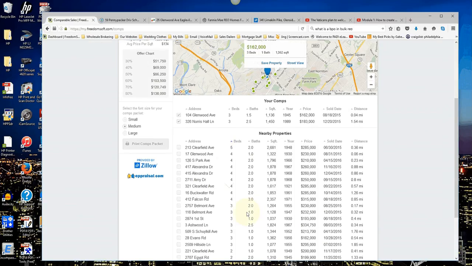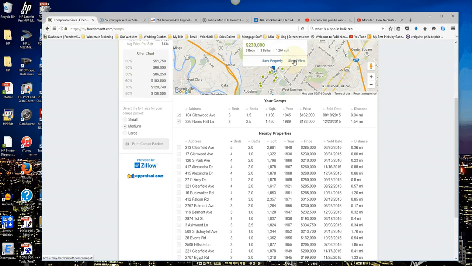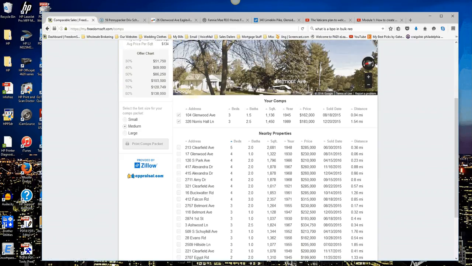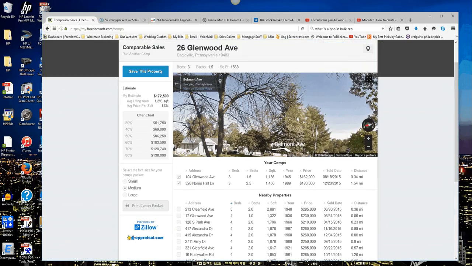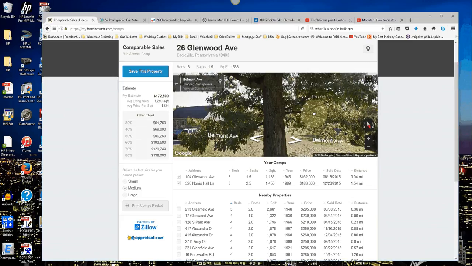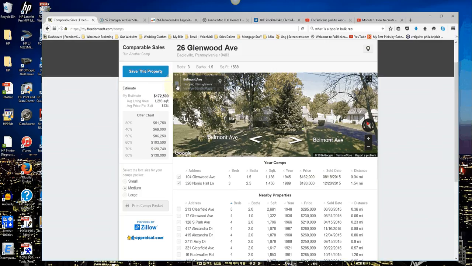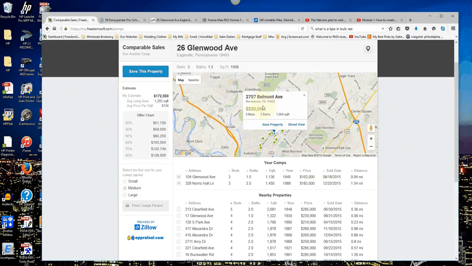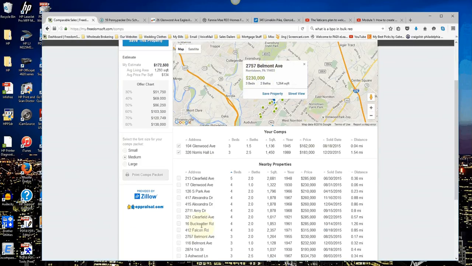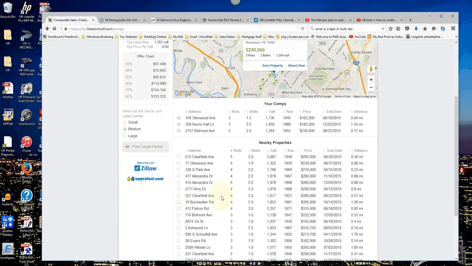Okay, how about this one? Let's see the street view. These are more similar houses. So this is Belmont Avenue, 27. Here we go. Okay, so I'm looking at a value of roughly about